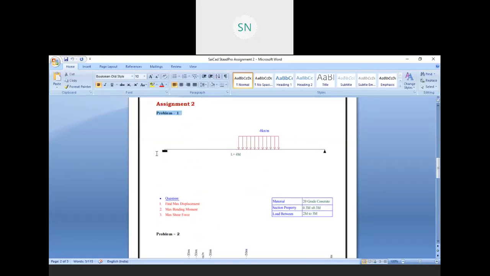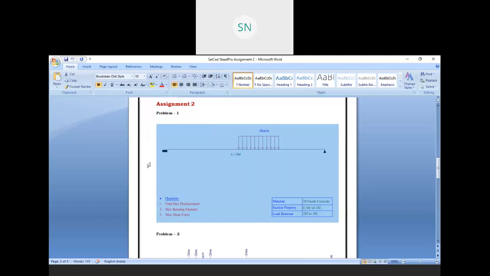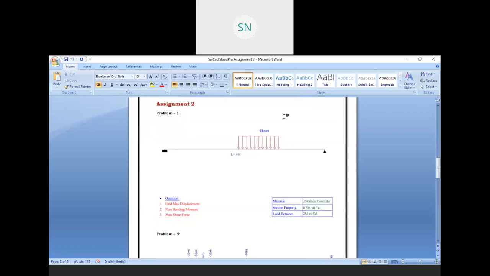We need to analyze a beam over here. The length of this beam is 4 meter, and we have a couple of other instructions over here. So this is our question. These are the questions we have. We need to calculate this much. So let's begin our problem.